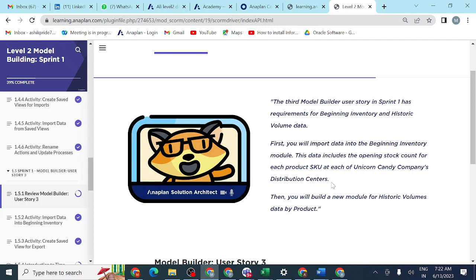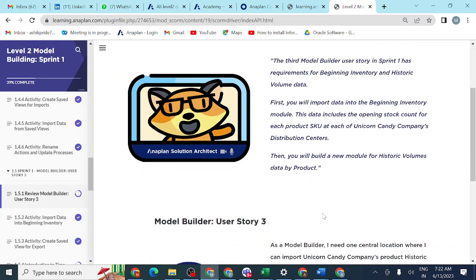So in each and every distribution center, how much product we have initially, we should calculate that. And next you will build a new module for historic volume data by product. So for each and every product, how much we sold in the previous year, each and every detail comes under historic volume. Two modules we need to create here.